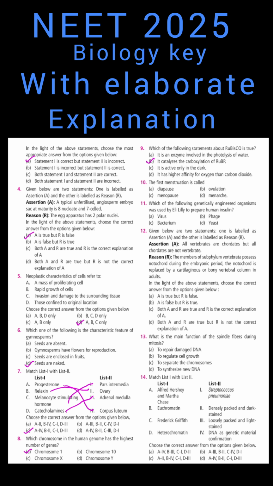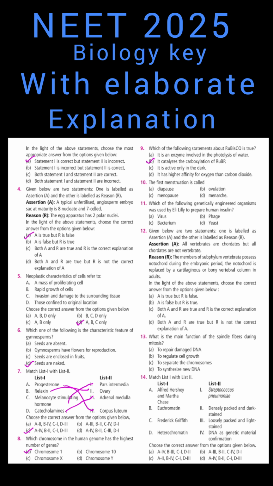The phenomenon of breaking up of water into hydrogen and oxygen in the chloroplast is called photolysis, or photocatalytic splitting of water. The water splitting complex is always associated with photosystem 2, which itself is physically located on the inner surface of the thylakoid membrane. So there is no role of Rubisco in photolysis of water.